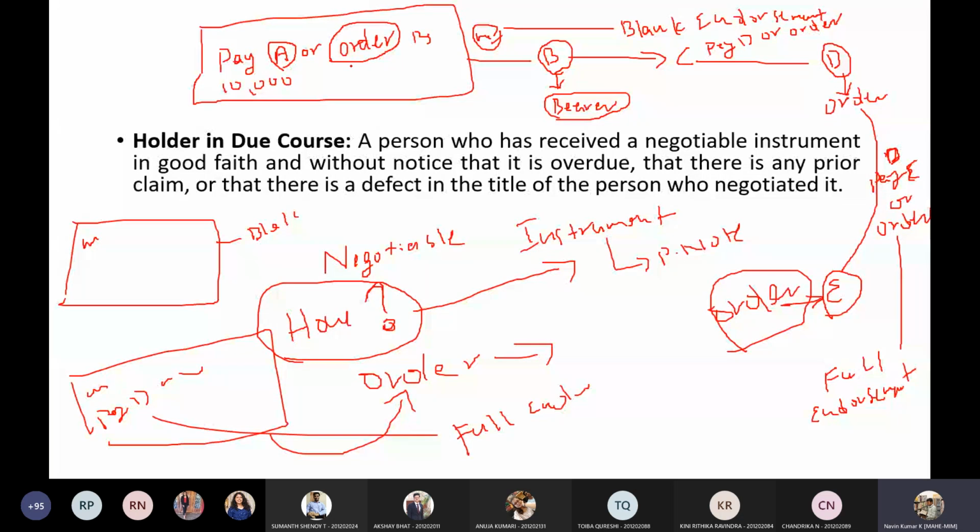So this is how it works. Signing at the face or at the backside of the instrument is the endorsement. Two types of endorsement we discussed: blank endorsement and full endorsement. Blank endorsement is mere signature at the backside of the instrument. Full endorsement is, along with the signature, also writing to whom this instrument must be